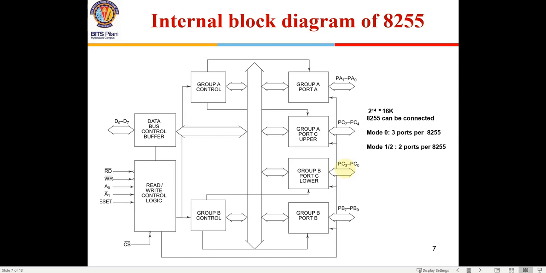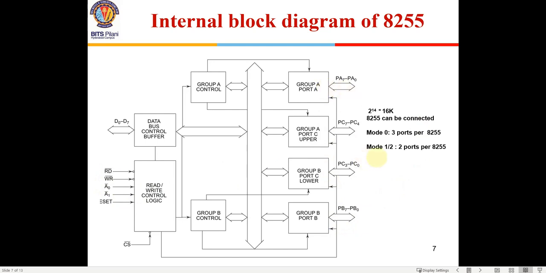Could you explain it one more time? Okay. See, this 8255 can be configured for various modes of operation. If it is configured for mode 0 operation, then port A, port B and port C will all work as independent 8-bit ports. Normal ports: group A will be an 8-bit port, group B will be an 8-bit port, and group C will be another 8-bit port. One of the ports will be selected from these A0 and A1 lines. It will work like that.